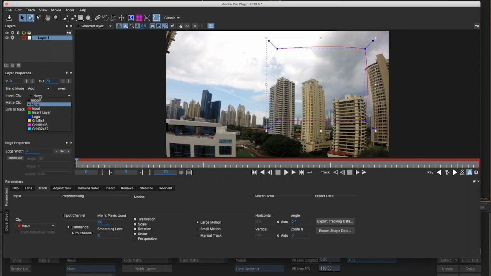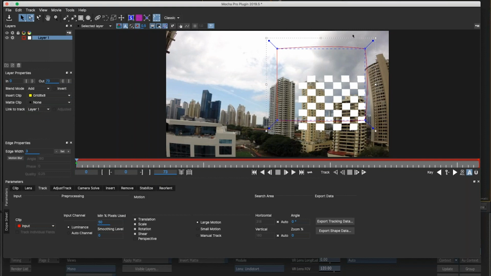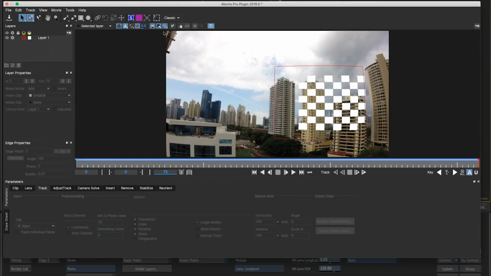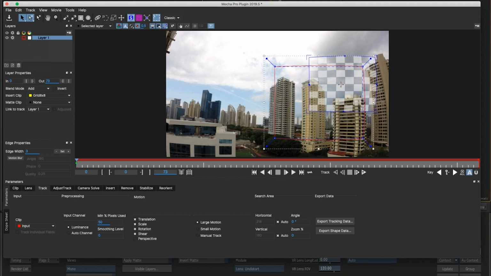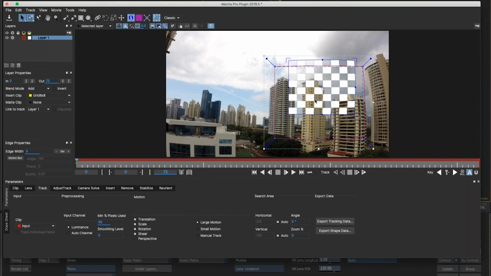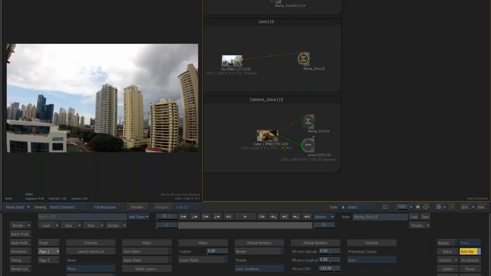So if I insert a clip here, for example a grid object, and move that around, if I go to my surface tool, enable the surface tool for this layer and move that around, you'll see that the grid is distorted according to the distortion analyzed by the lens module, so that will match correctly. So if I go in here and say I want to undistort this layer,